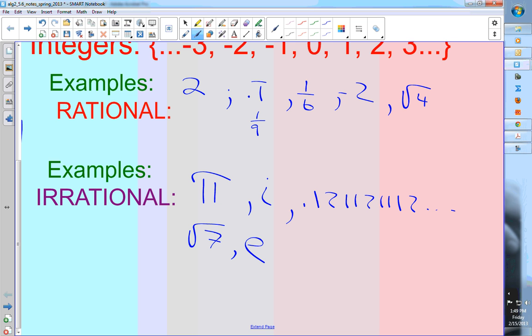What else? Anybody think of anything they don't know if it's rational or irrational? If it's a finite decimal, 0.125, that's good. Any decimal that ends is automatically rational. What about a number to a power? Well, again, he brought that up, and absolutely good idea. What would you get when you took the number to the power? That's probably or potentially going to be irrational. Just depends what power and what number you started with. So even like this, I'm saying like square root of 4. What is square root of 4? That's